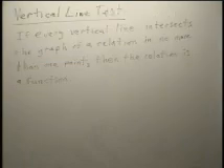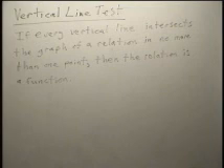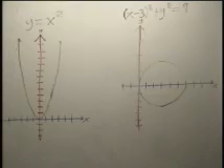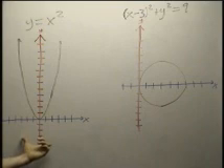Explicitly stated, the vertical line test says if every vertical line intersects the graph of a relation in no more than one point, then the relation is a function. Here are a couple more examples of the vertical line test. For the relation on the left, y equals x squared, this is another one that we looked at before, and now here's the graph of it. We decided that this is a function,